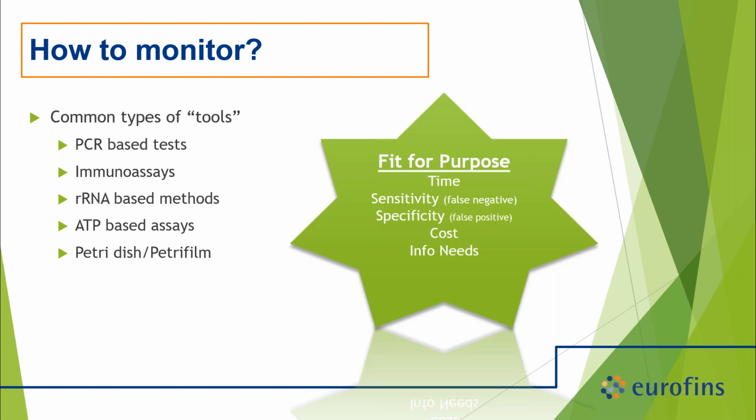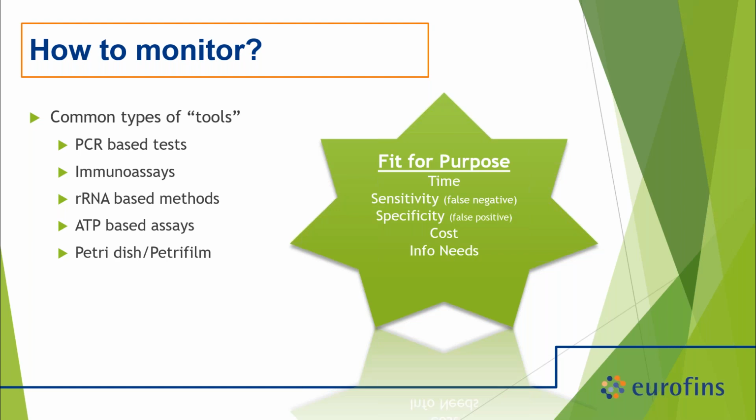We could do whole conversations about sensitivity and specificity, but sensitivity in short is that if you get a negative, it is actually a negative, that you don't have a false negative, you don't miss it. Specificity is that you don't want to get a positive that's not really a positive, or what we call a false positive. And just to call out that these are related, generally you have to give up some specificity or some sensitivity to increase one of the other attributes. So things to think about and talk to your lab about when you're picking your best tool.